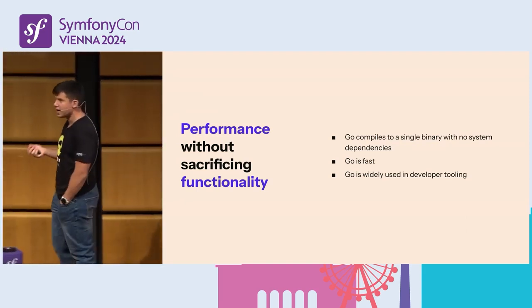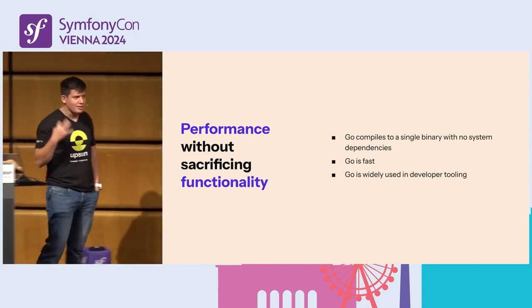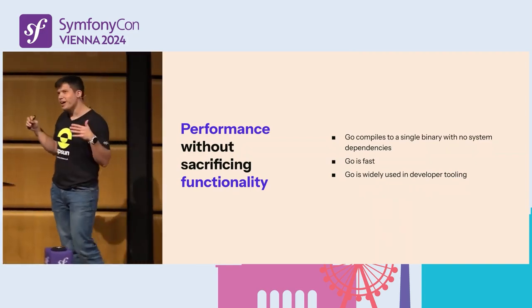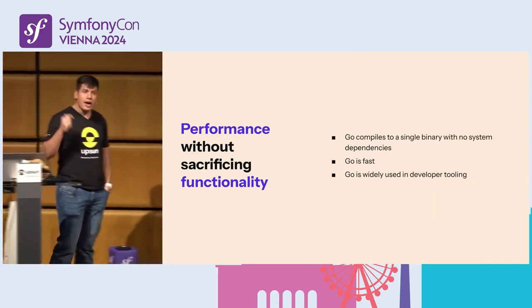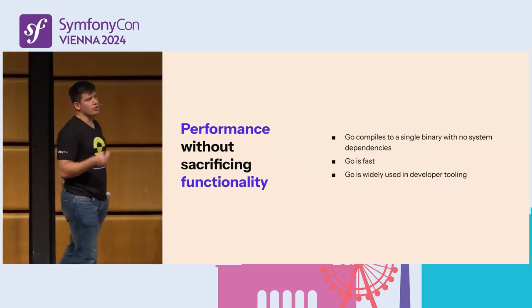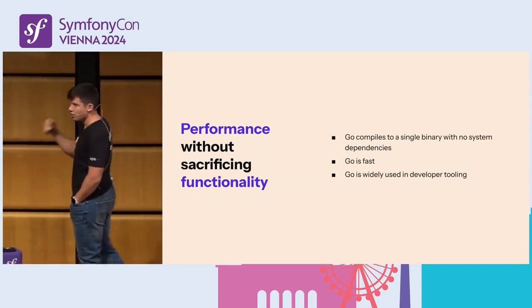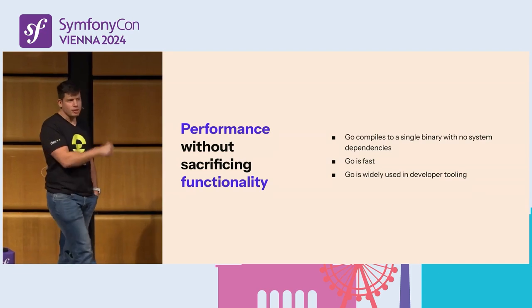So that was really easy for us and very handy to work with. It's fast. I mean, okay, fast is something that's, how do you perceive things? But at the end of the day, it has the marketing language that Go is fast. So it was good for us. And the other good thing for us was that Go is widely used for developer tooling. So you might have seen tools like, for example, Terraform or other open source tools that are widely used. Most of them, for some strange reason, are written in Go.